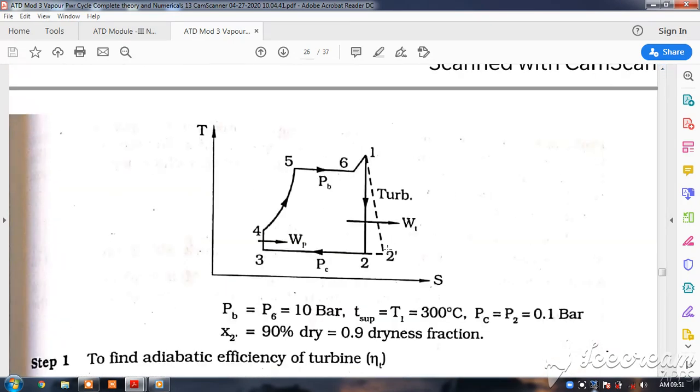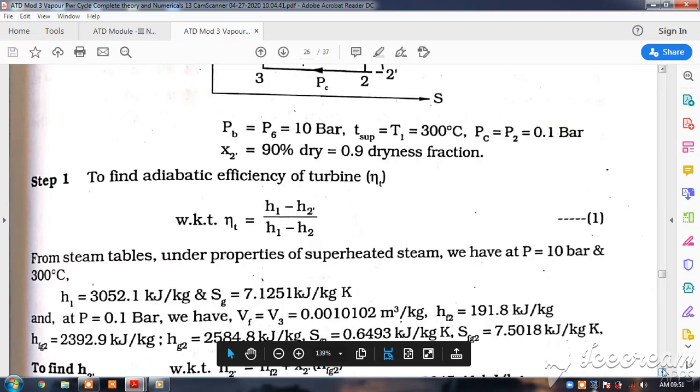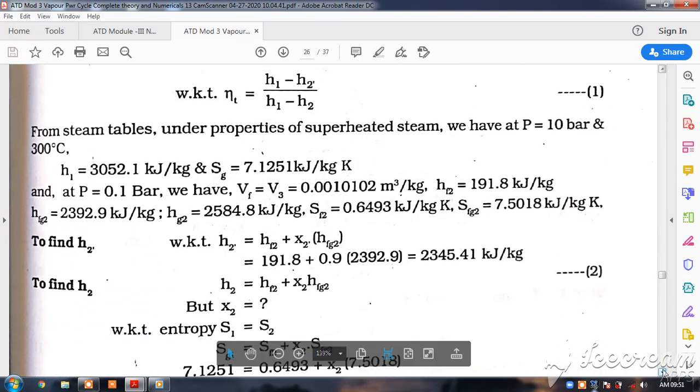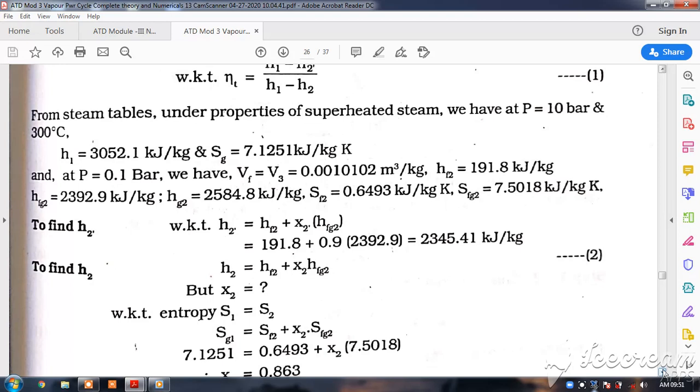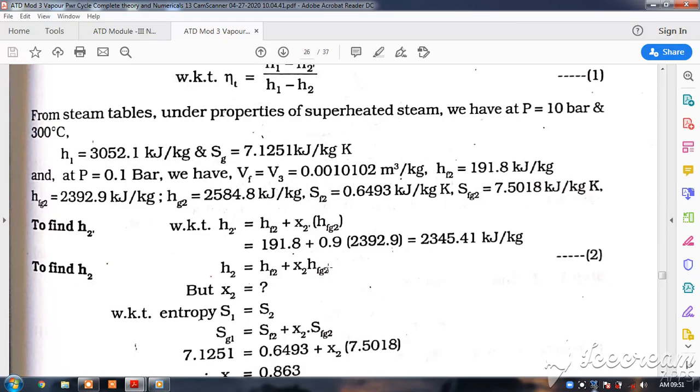Here he has given the dryness fraction already. So based on that you are able to calculate, because he has given the dryness fraction, H2 dash. You are able to calculate because H2 dash is equal to HF2 plus X2 dash into HFG2. So the SFG is common whether it is for state 2 or state 2 dash. Okay, and HF2